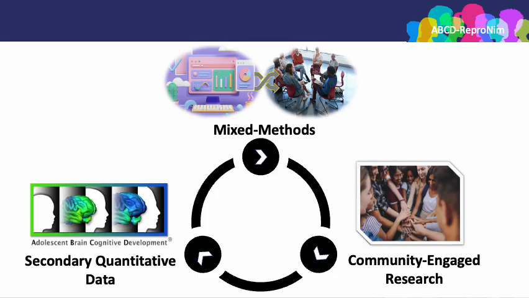As you know, the ABCD study dataset is considered a secondary quantitative dataset. When we talk about secondary data, this means that this is data that has been collected by other researchers with a focus on their research agenda. So they've had their own a priori research hypotheses and research questions for motivating the research study, and have designed essentially that study to meet those objectives of that research study.